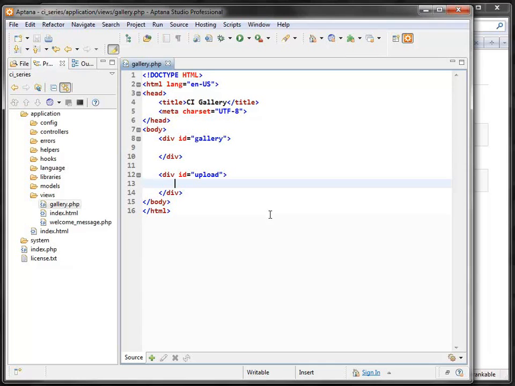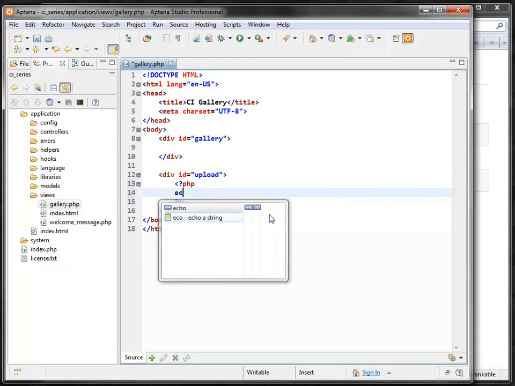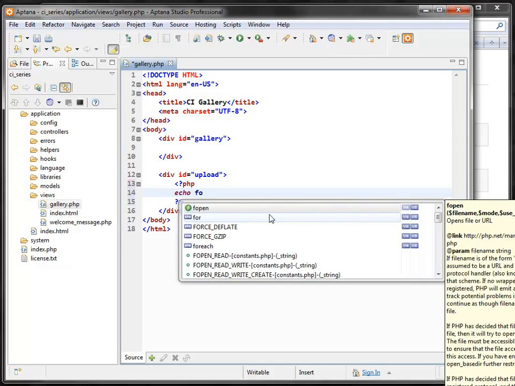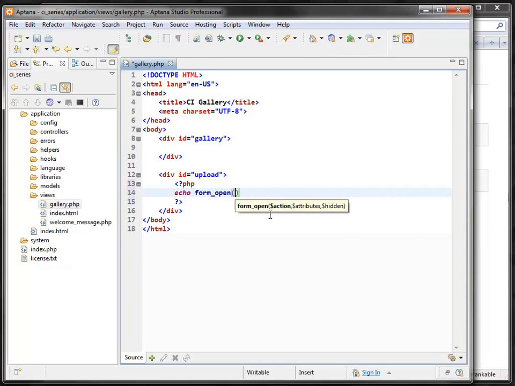We are going to be using the form helper functions, and normally when you create a form, you might do something like form_open, but if you're going to be doing a file upload within this form, you actually need to open it with this function instead. It's called form_open_multipart, and this is where the controller is going to post to. So let's say we're going to have a controller named gallery,